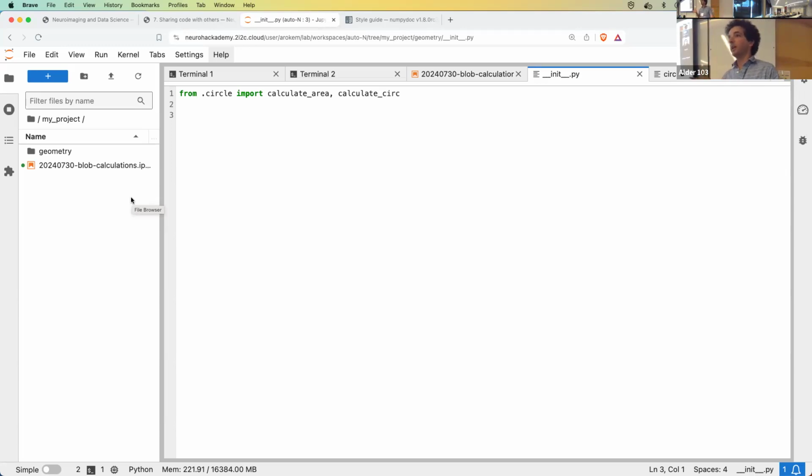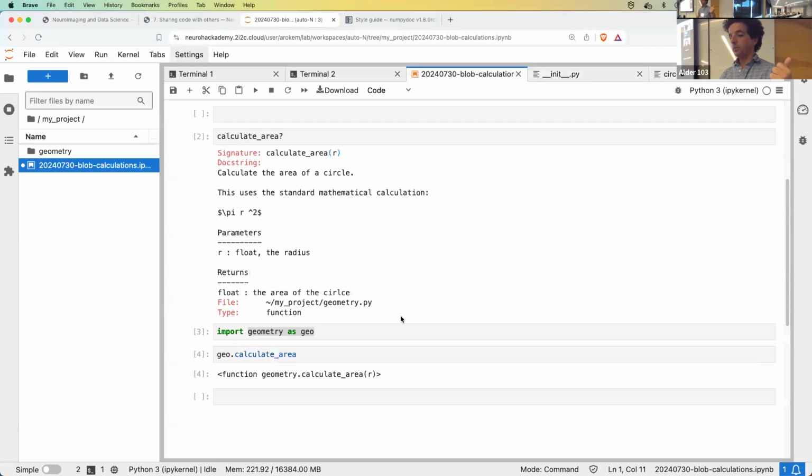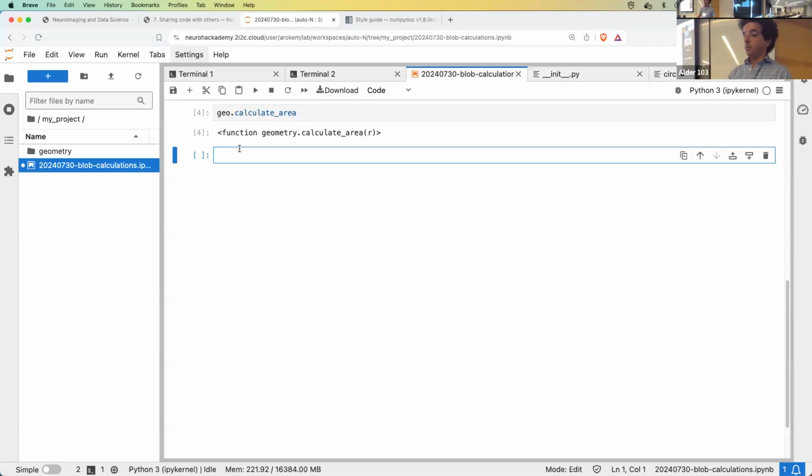So now what I'd like to do is I'd like this code that I wrote, this geometry package, to be in one central location and available across multiple different contexts. Now what I have to do is put it in a place where Python usually puts its packages. If Python can't find a file called geometry.py right there in that directory, and it can't find a folder called geometry that contains a dunder init file,